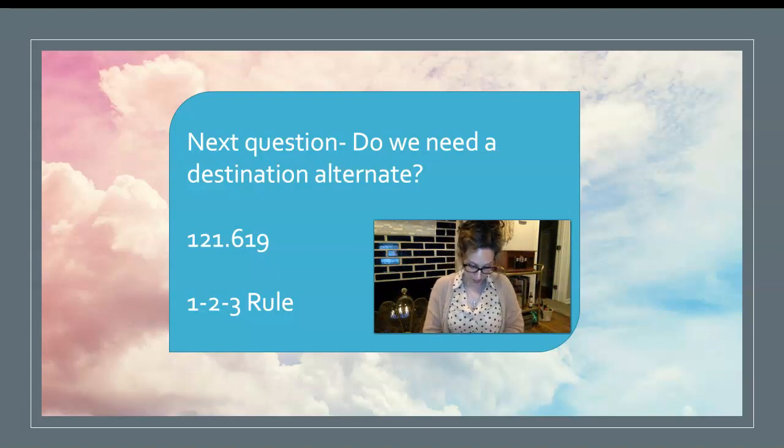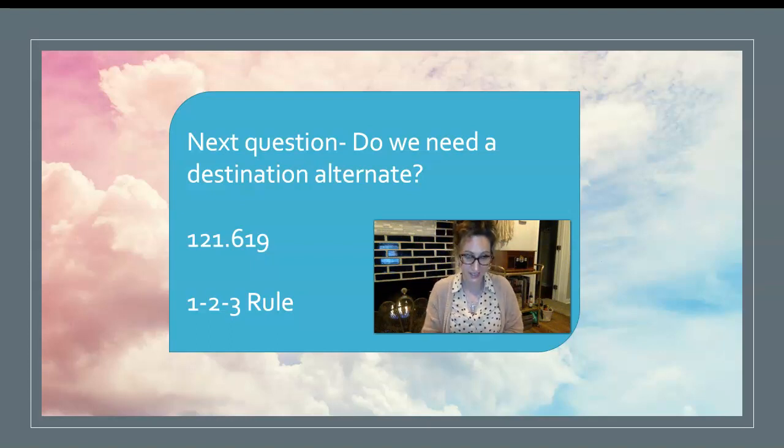Okay, next sentence. When the weather conditions forecast for the destination and the first alternate are marginal, at least one additional alternate must be designated. We're going to elaborate on that in the next slide. So just hold on that one. Next sentence. However, here's our exception. No alternate airport is required if for at least 1 hour before and 1 hour after your estimated time of